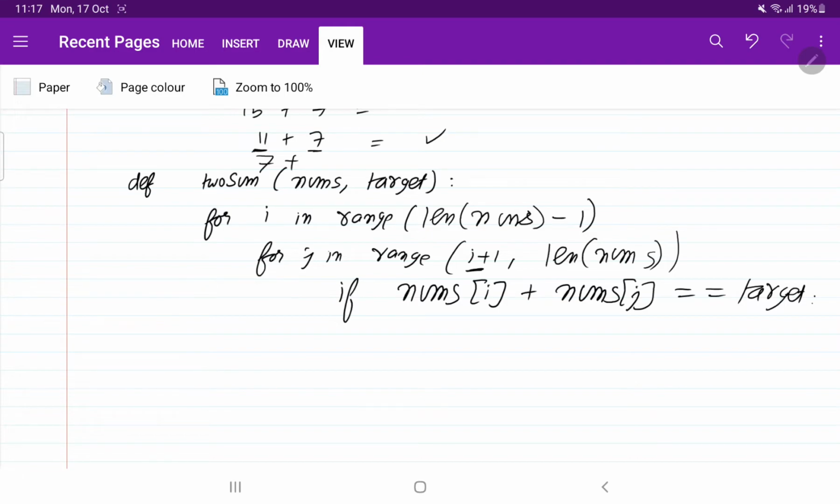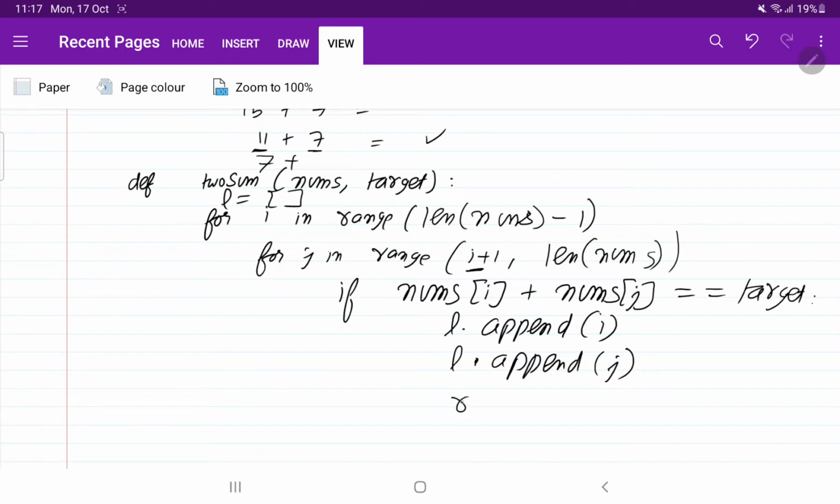So we need to create an empty list, l equals empty list. Now if this condition is true, I will append the list with i. Then I am going to append the list with j, and once the list is appended, I am going to return l, the list.